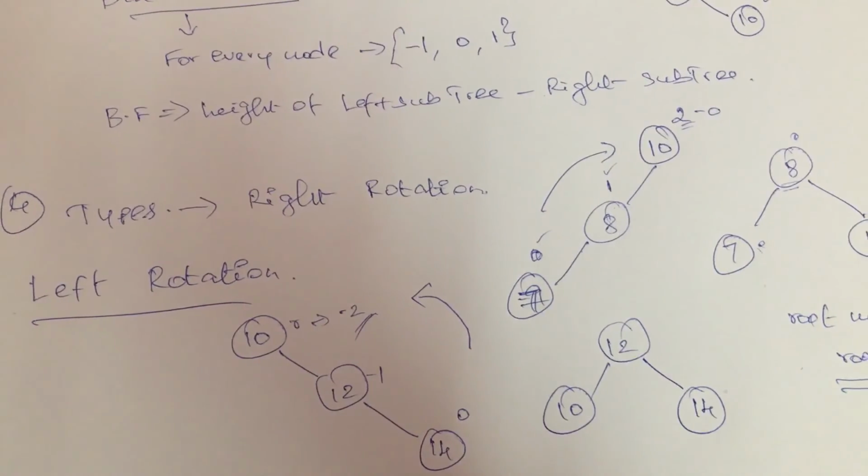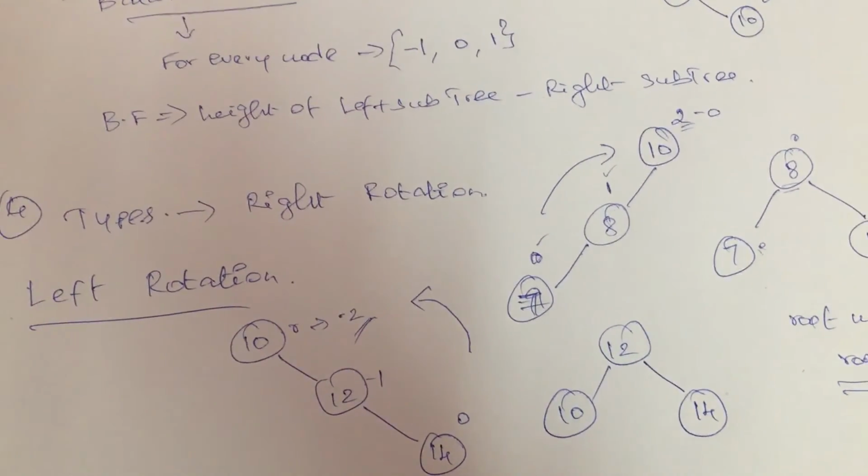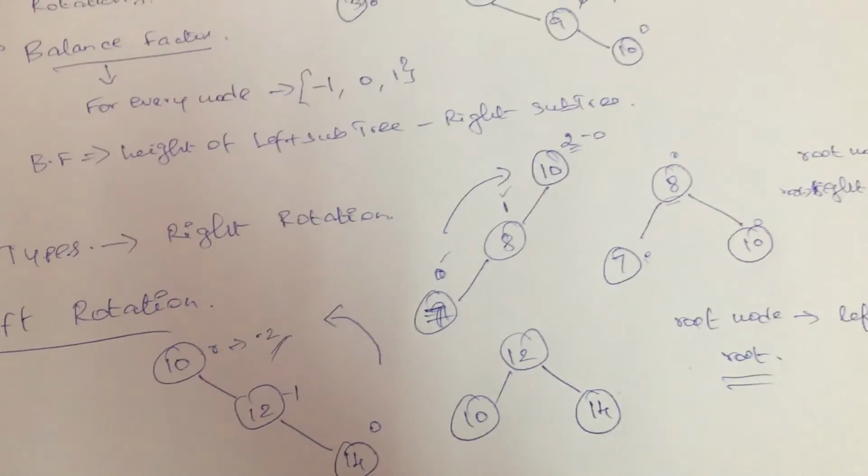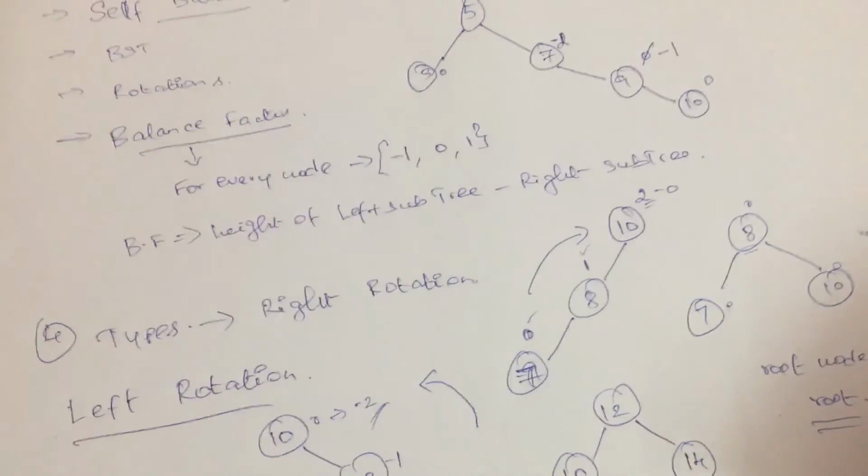And we have done with the first two basic rotations. So one is a left rotation as well as another one is a right rotation. Now let's focus on the other two types of rotation, where we'll be focusing on left right rotation as well as right left rotations.